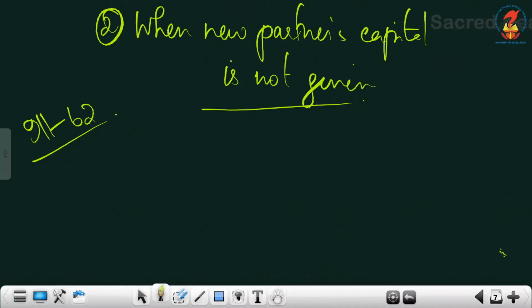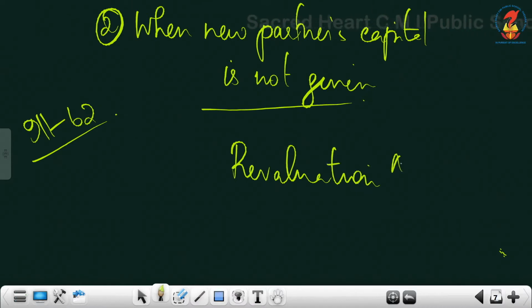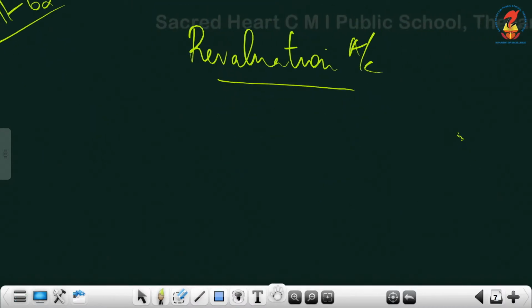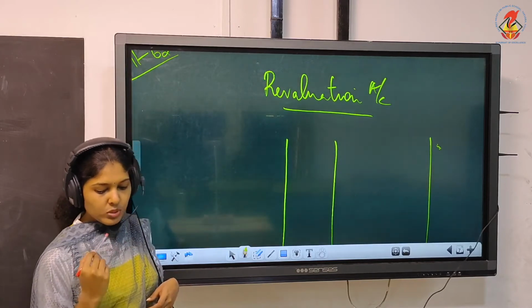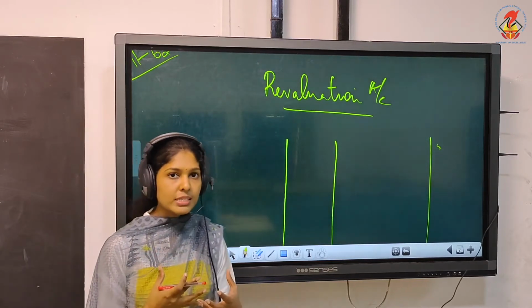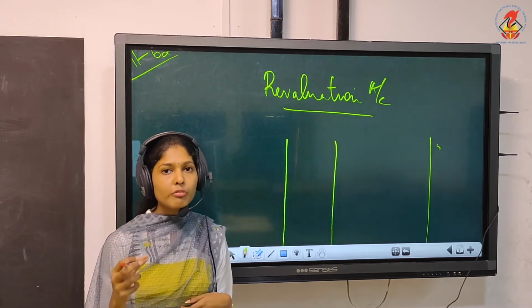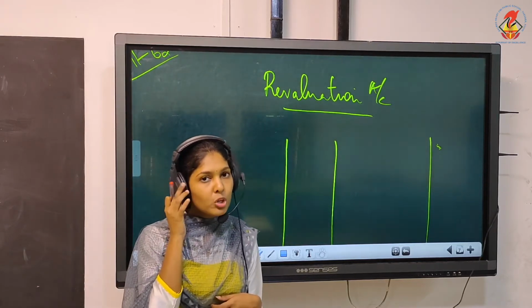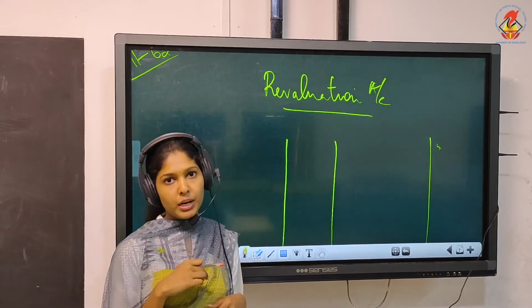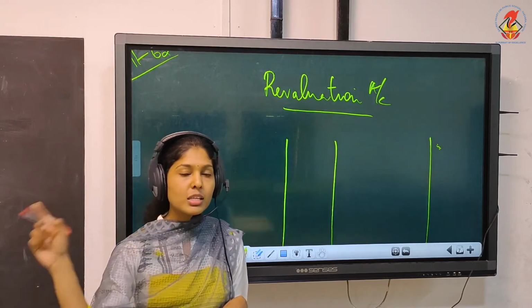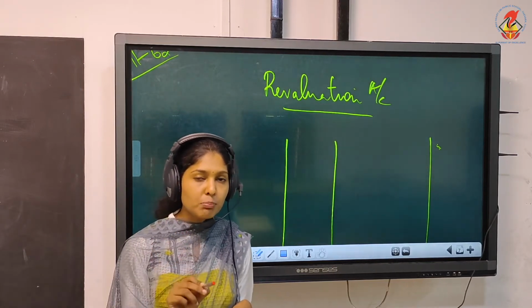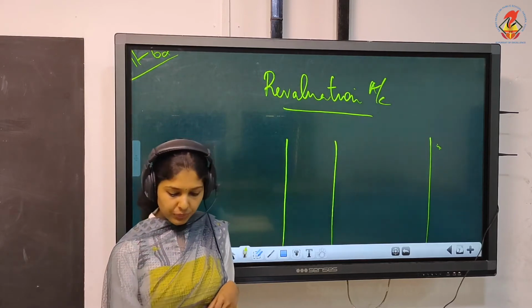So we'll start with revaluation. Again, see the adjustments. See whether there is any increase or decrease in assets and liabilities. So, revaluation account. The first adjustment, goodwill of the firm was valued at 90,000. Why is that goodwill given? That's the firm's goodwill. Out of that you must compute the premium for goodwill to be brought in by the new partner. That goodwill shouldn't appear. This goodwill of 90,000, don't go and write it in the new balance sheet. This is just for you to compute the premium for goodwill.